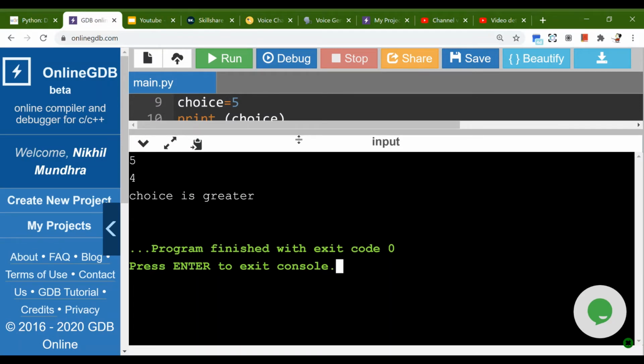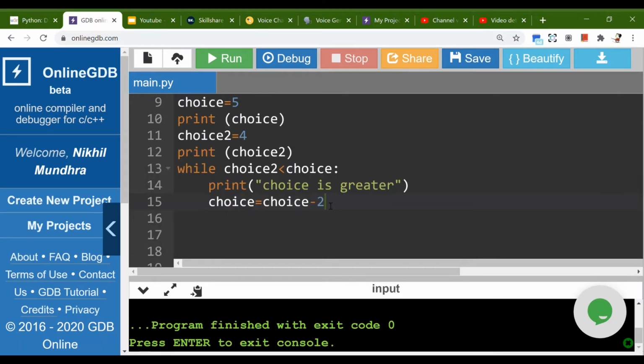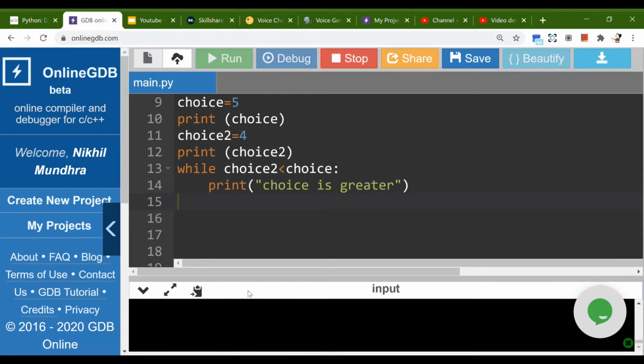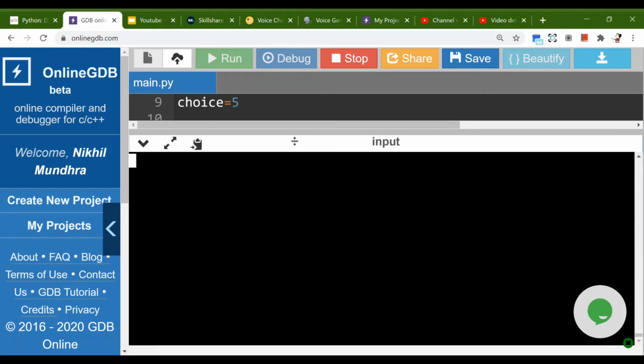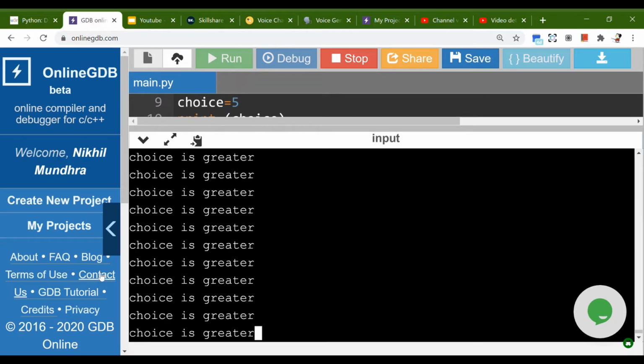So it will simply say choice is greater, and then it will stop the loop, because here what's happening is choice minus 2 is making choice less than choice 2. So if you don't put that statement, the loop will go on and on and on, and it won't stop.